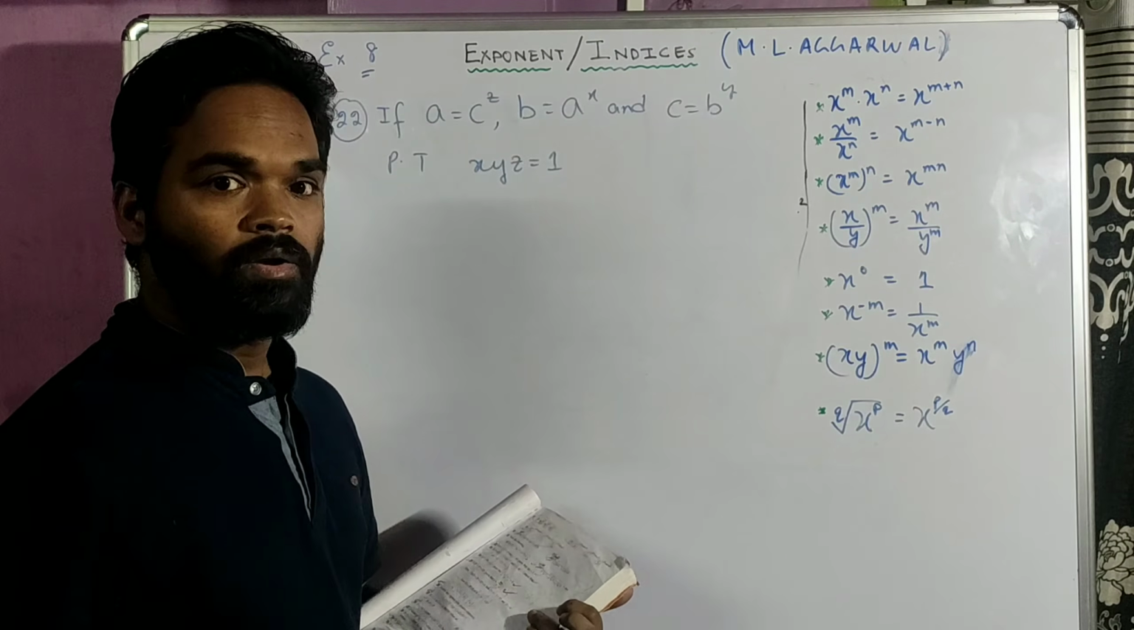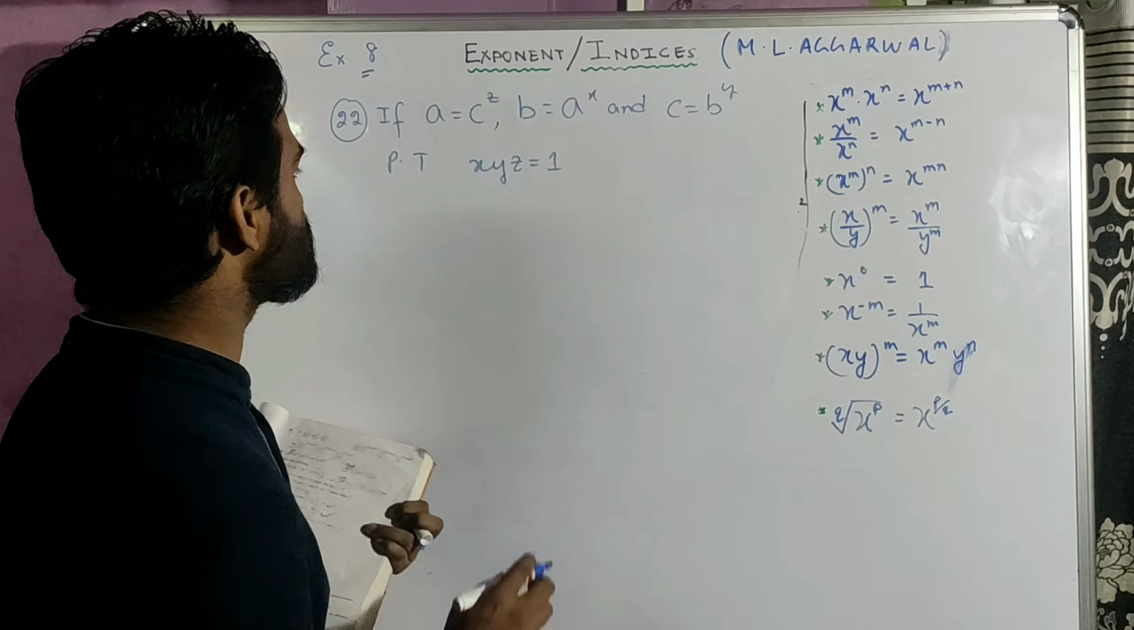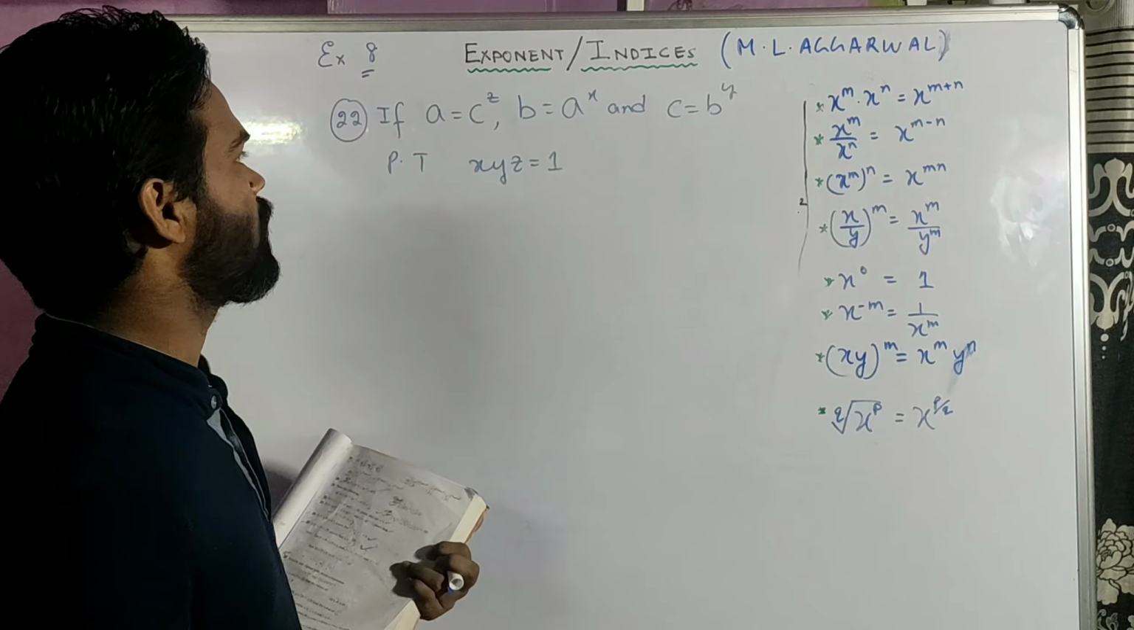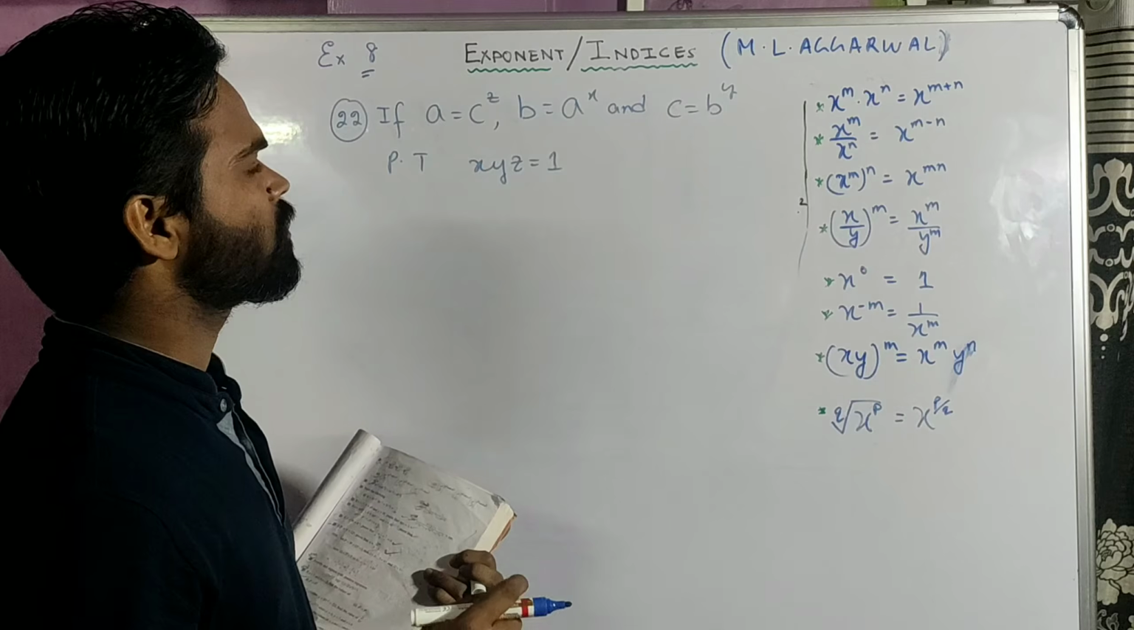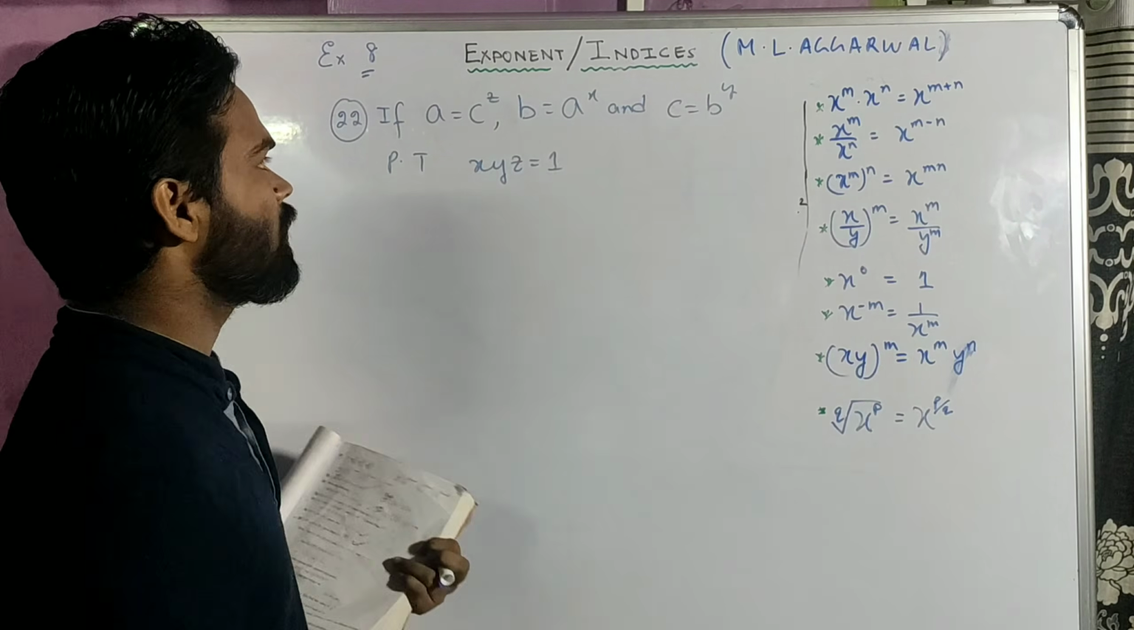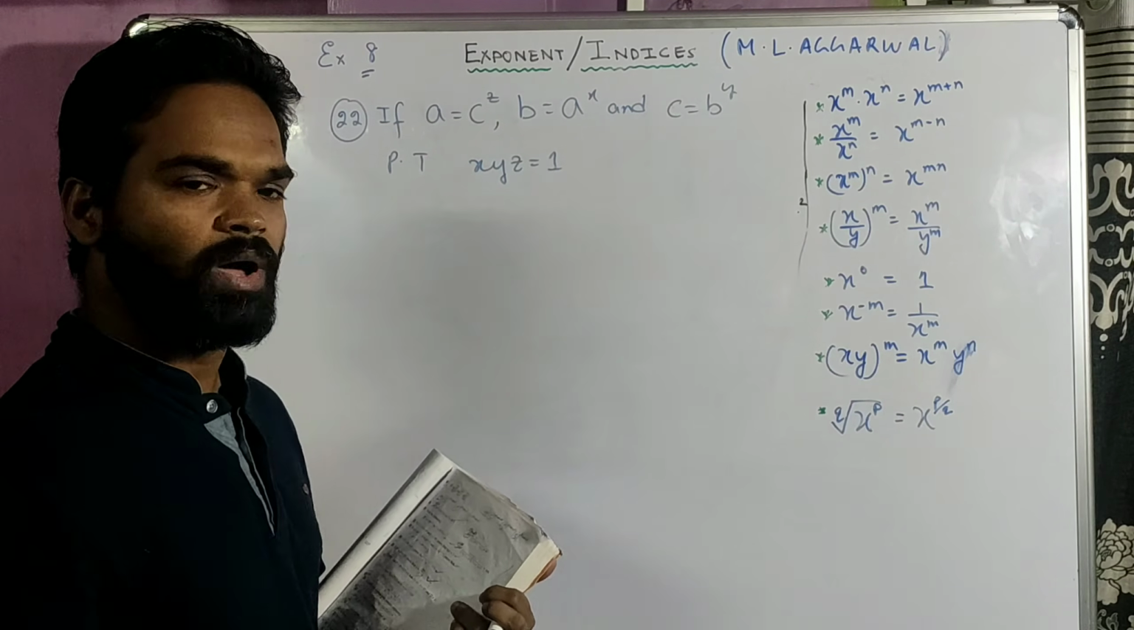Clear? Now look at this sum, a very interesting sum. If a equals c to the power z, b equals a to the power x, and c equals b to the power y, prove that xyz equals 1. Let's see